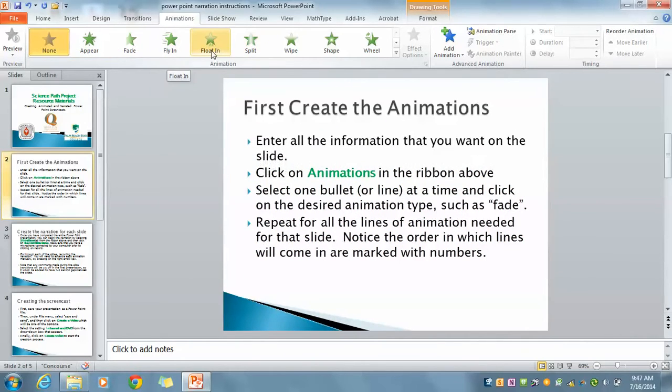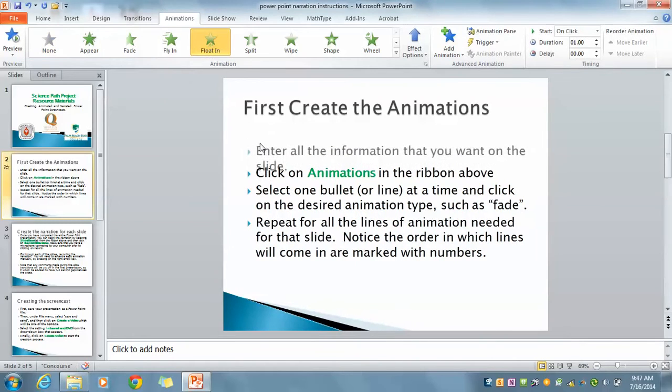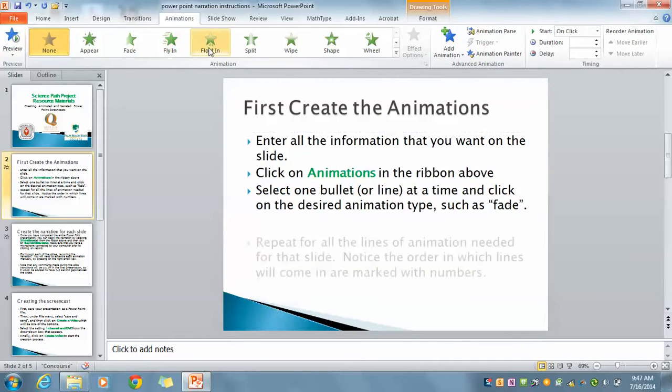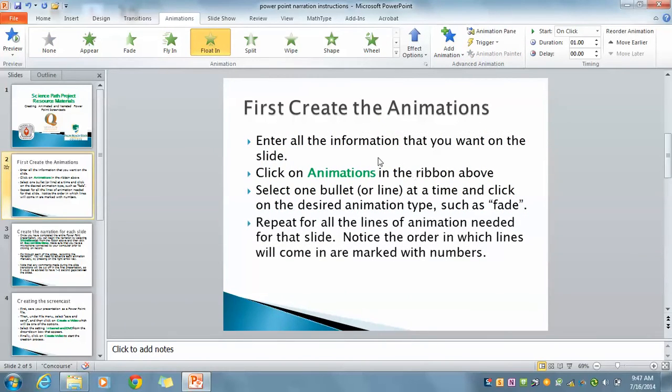different animation styles. I'm going to select float in for the first one, and you can do different ones, but I will just select the same type of animation for each one. And I will only do this for one slide for simplicity. Okay, so once you have completed your entire presentation with the animations that you'd like to have, it's time to